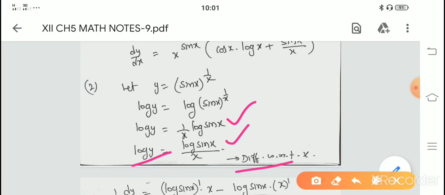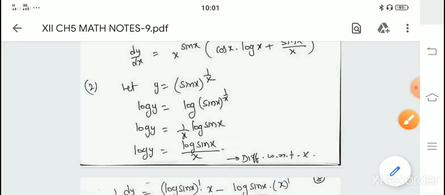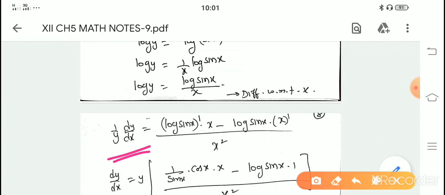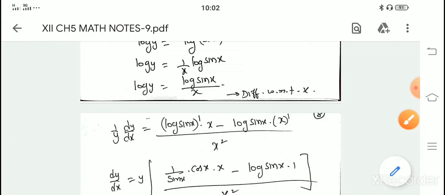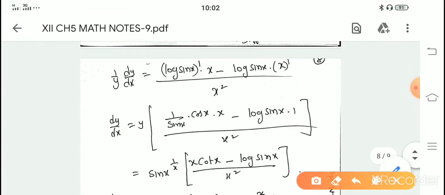This time, when I differentiate both sides, log y derivative is 1 by y dy by dx, and for log sin x by x, the u by v rule is applied. So 1 by y dy by dx, u by v rule: u dash v minus u v dash by v square. So differentiate very carefully and then write down the final answer, that is fine. Okay. Next question,